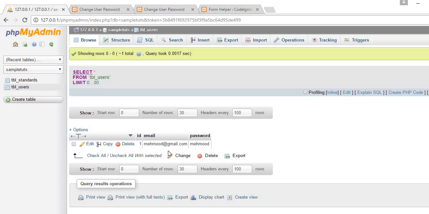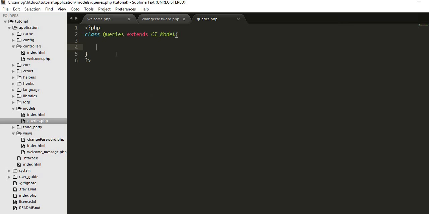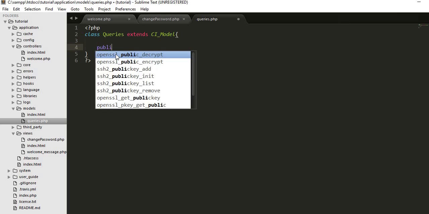First we need to get the username and password from our database table, and then we have to match this database password with the newly entered password, whether the user is typing in the correct current password or not, and whether that password is available in our database. For that purpose, we need to get the details of a user from the database. So let's create a function, public